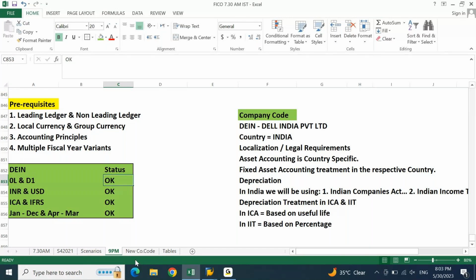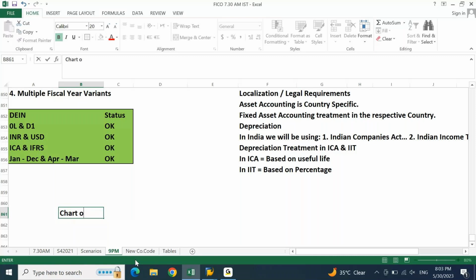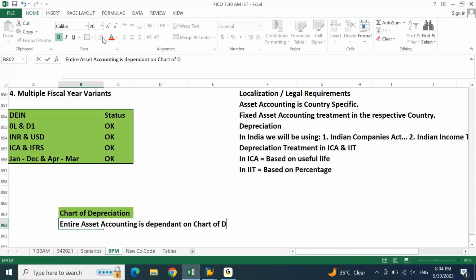Now here you need to understand certain basic points. Before we start, we need to understand certain basic points. Now, first thing is your chart of depreciation. Your entire asset accounting is dependent on chart of depreciation.